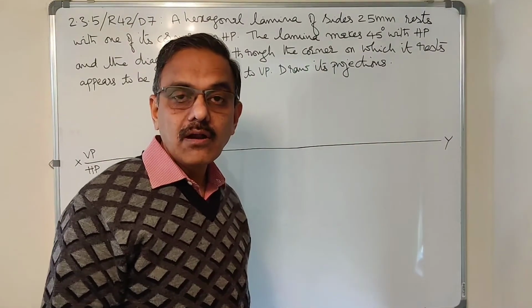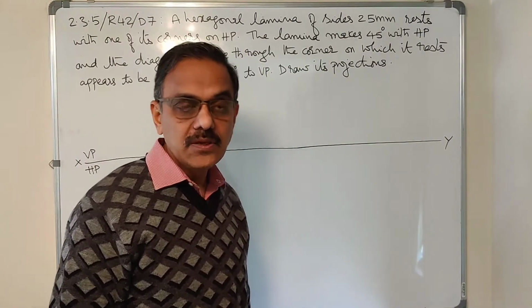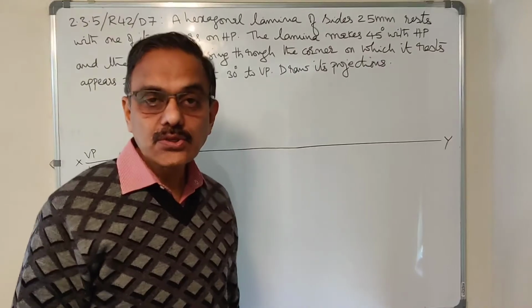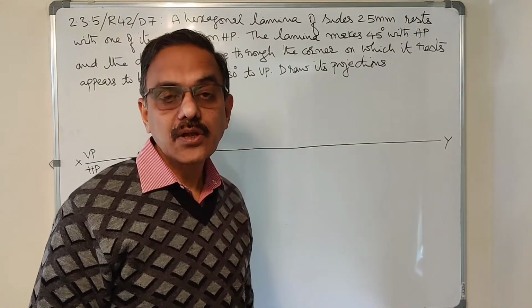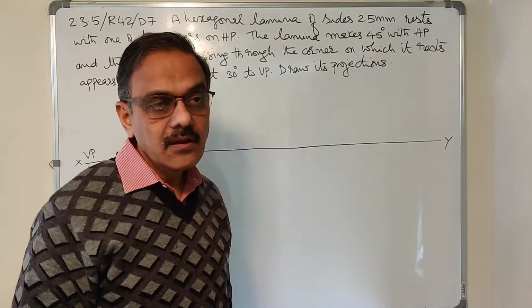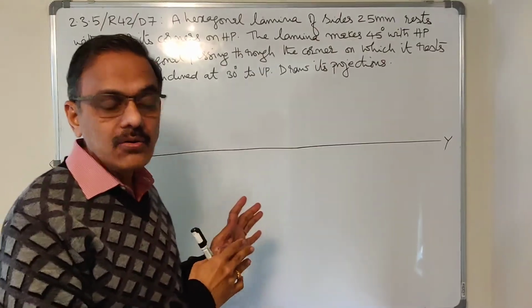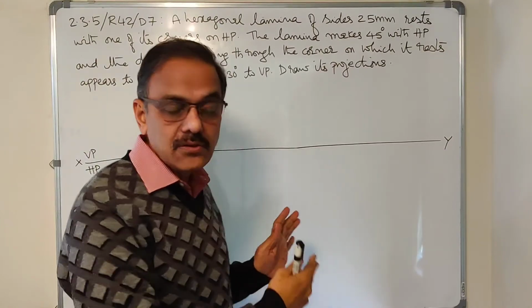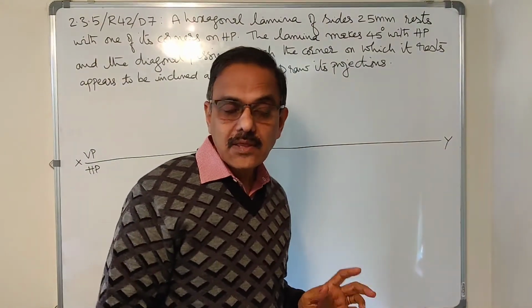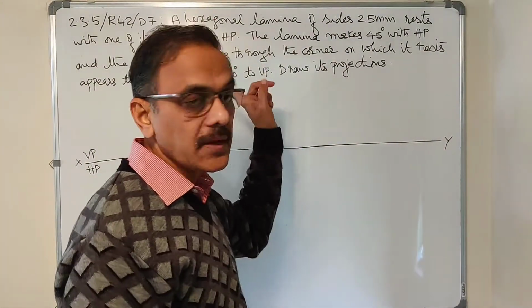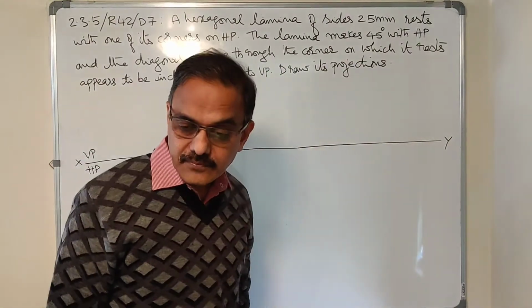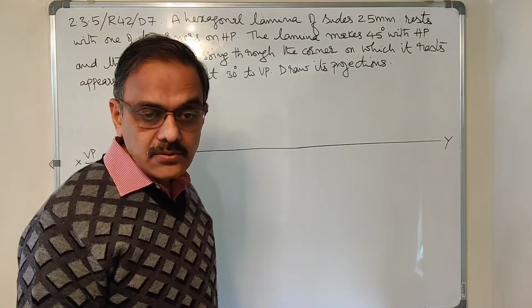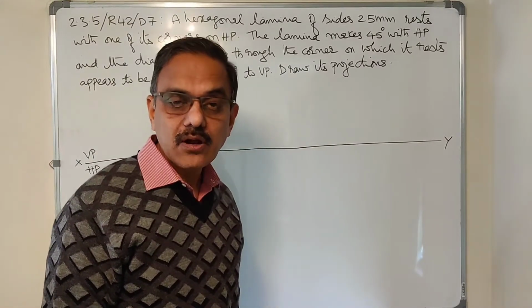There is a corner on which you are resting the lamina on HP and there will be a diagonal passing through that corner. Your VP condition is given with reference to that diagonal. Okay. Now instead of telling it now, after doing the first two steps, then I will explain this condition. What is that VP condition with reference to the figure that you have. So right now it is SP2 that I have to start with.